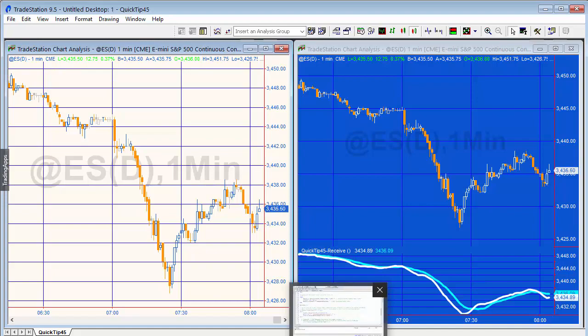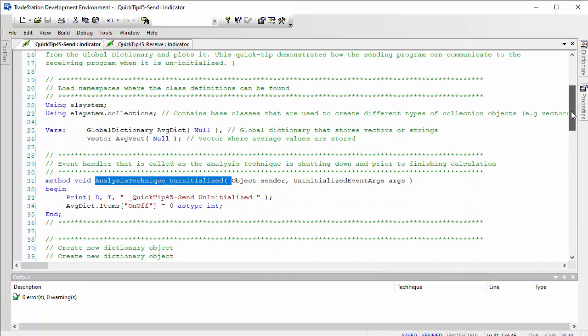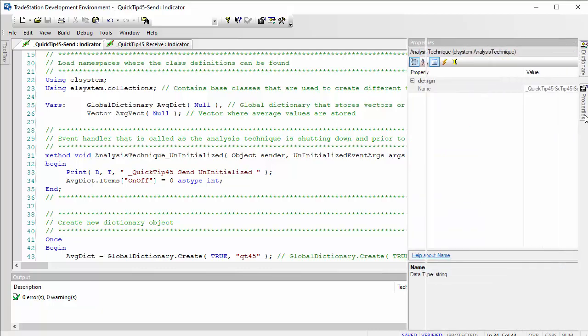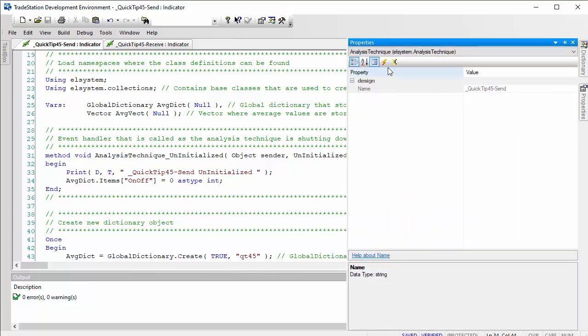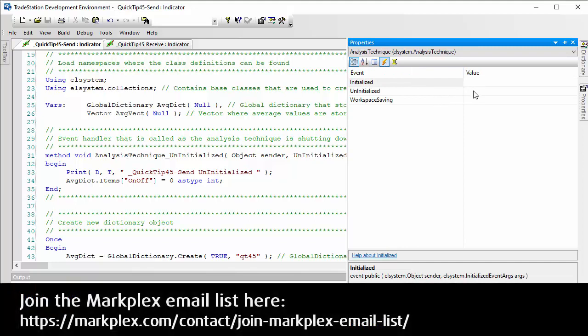So let's go back to the program and look at how we go about checking if the sending program has been uninitialized. And the uninitialized thing is quite straightforward. What we can do is just click anywhere on the program and go to properties, and if you go to the events and then double click on the initialized, I'll just do it and then I can delete it again, but double click there,